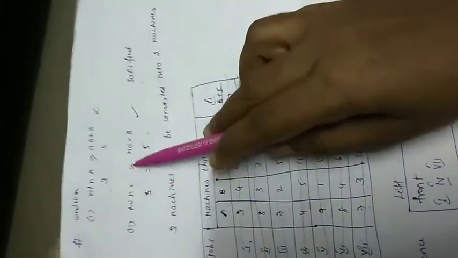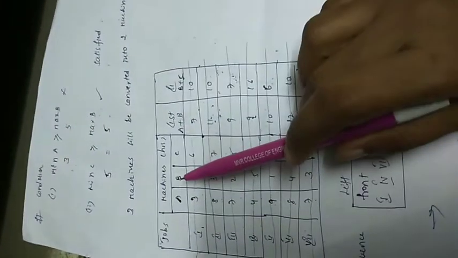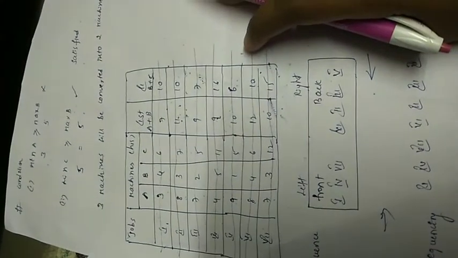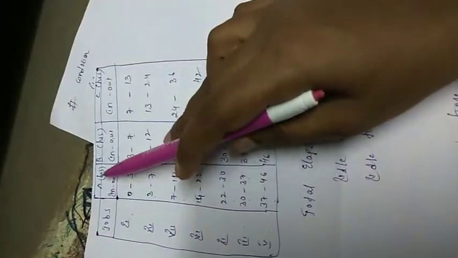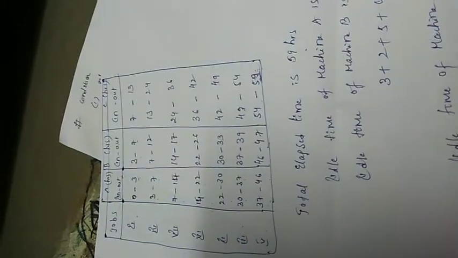So what is that method? Here, this is our problem, 3 machines are given. First of all we check the condition. If our condition is satisfied, we proceed with the problem. First step, the 3 machines are converted into 2 machines if the condition is satisfied. So A plus B is the first machine and B plus C is the second machine, and we take this sequencing and form the table like that, and each mission takes in and out.